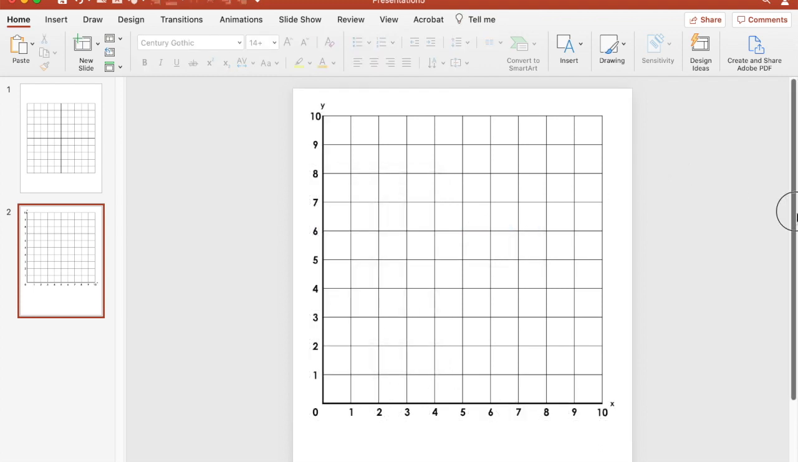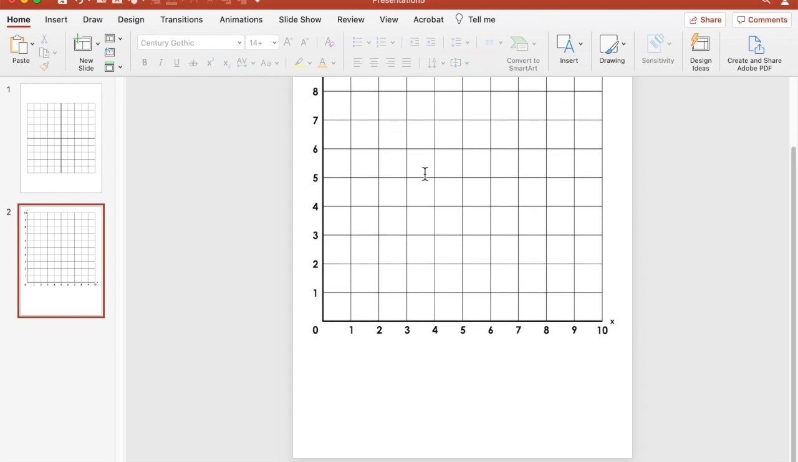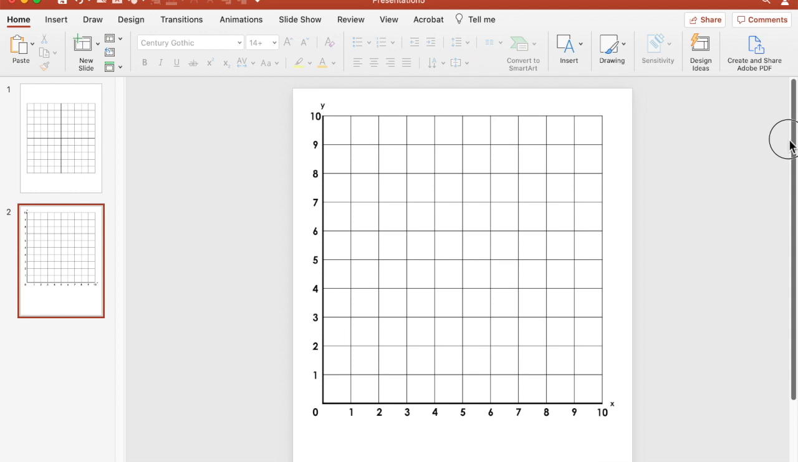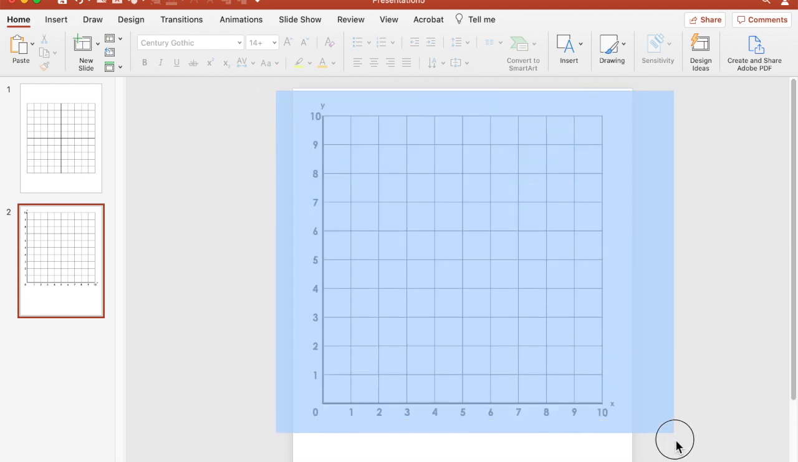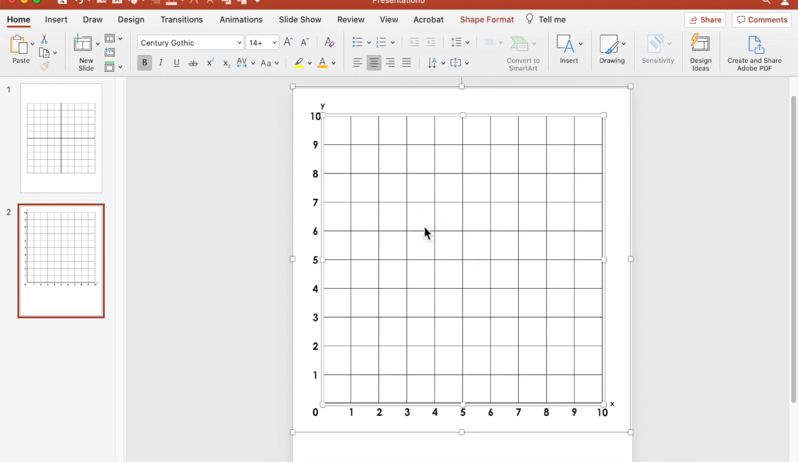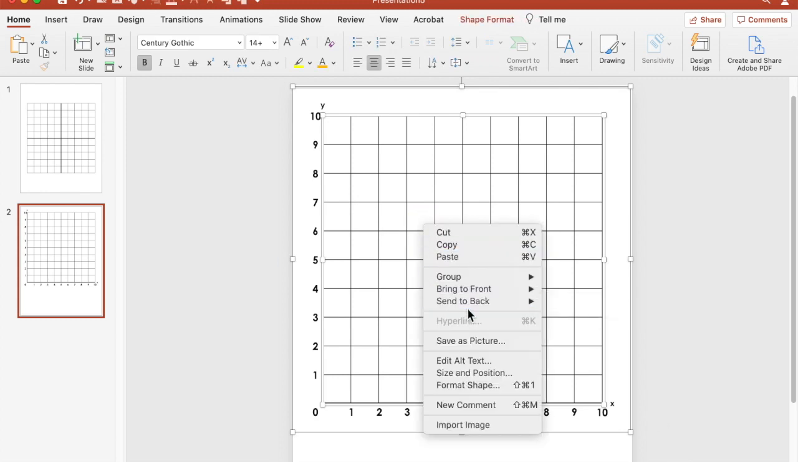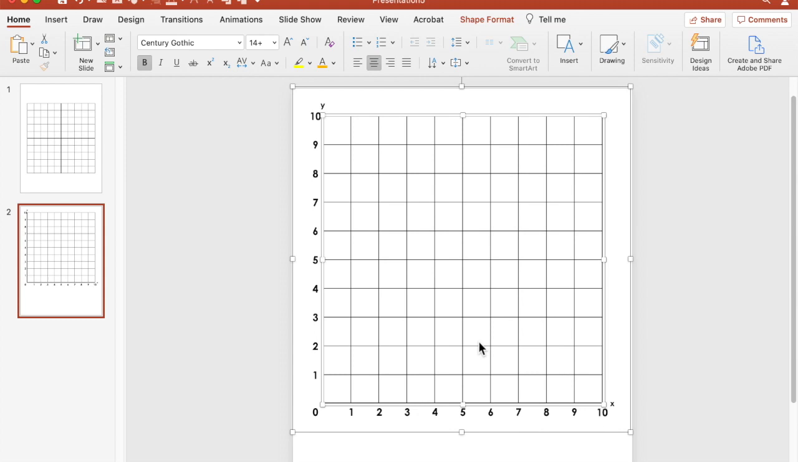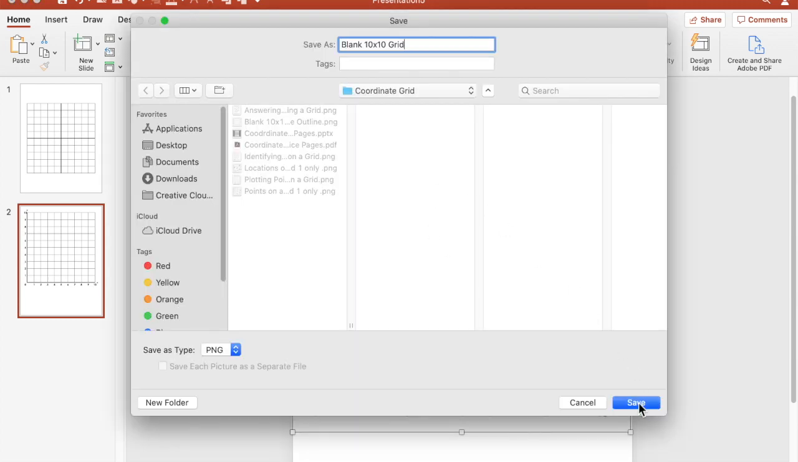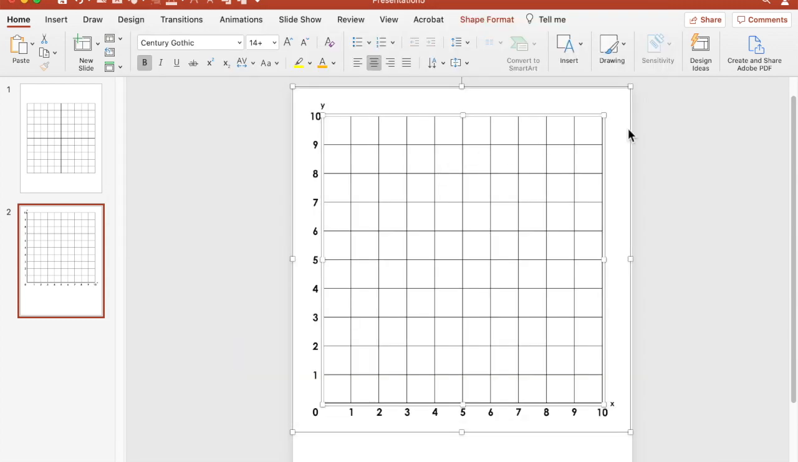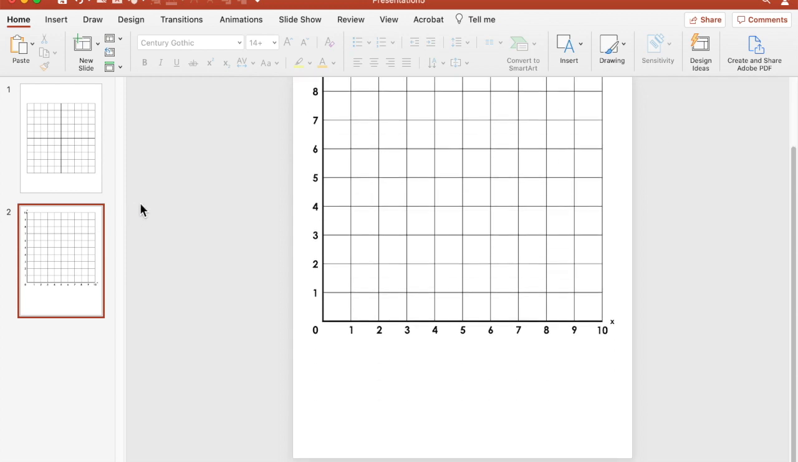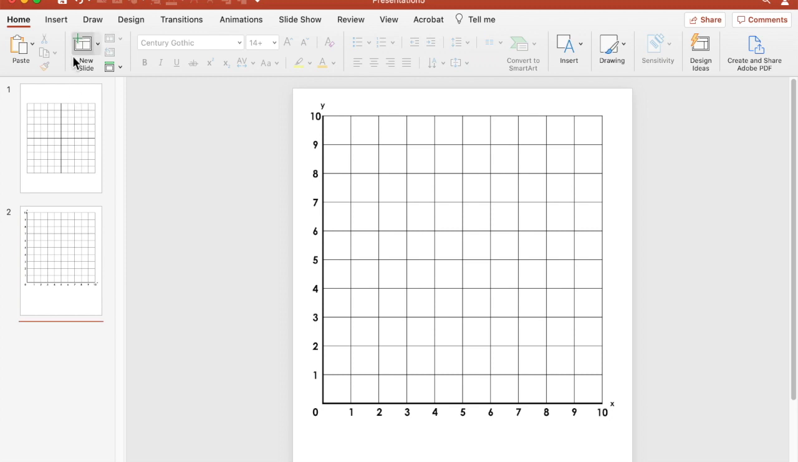So now for this first page, I don't want anything to be on the grid. I want it to be blank because I want my students to plot the points on the grid. So I'm going to save this image as a picture, just the way it is. Put that there. So now I can add on. So I'm going to add on to a page. So I'm going to start a new page,